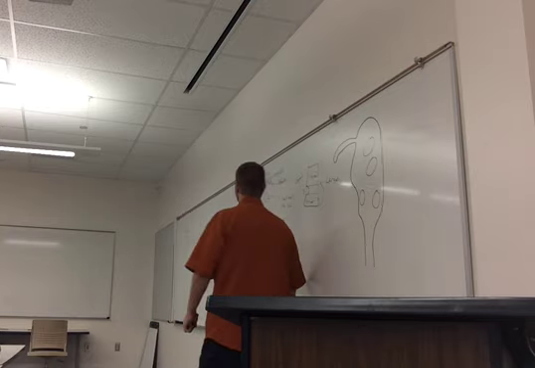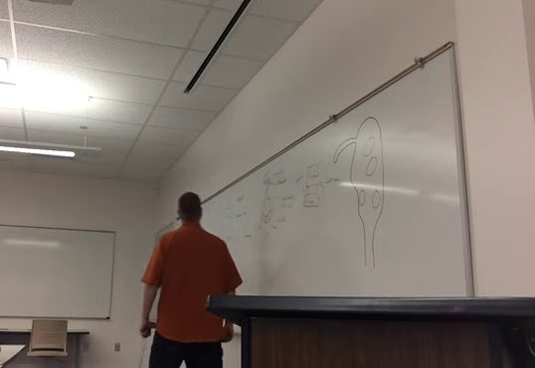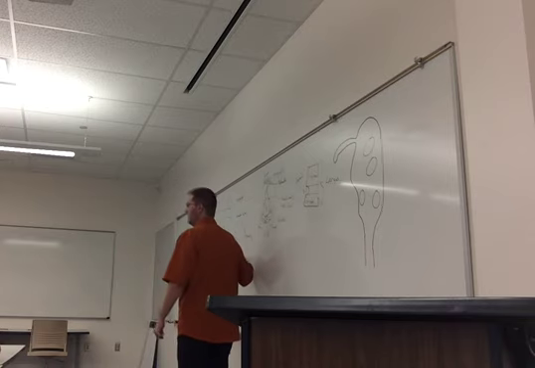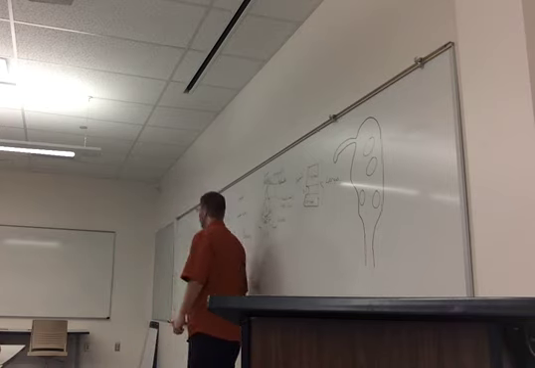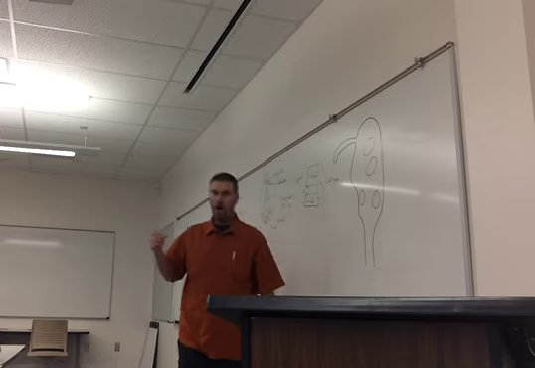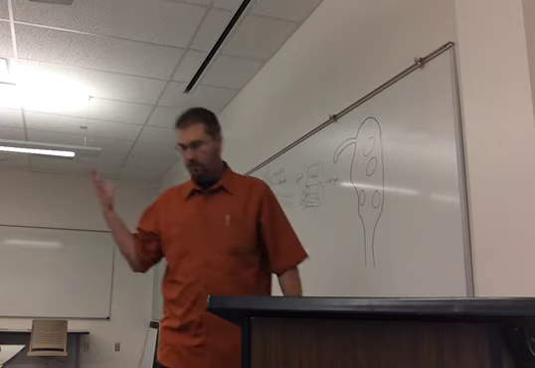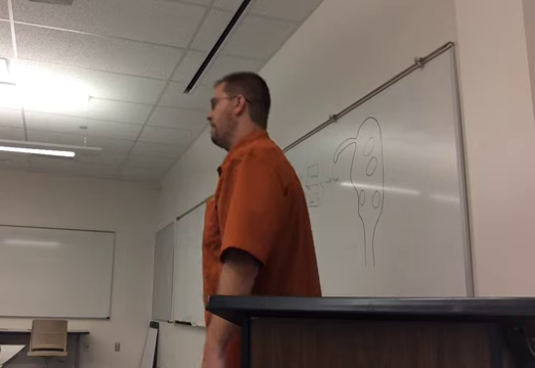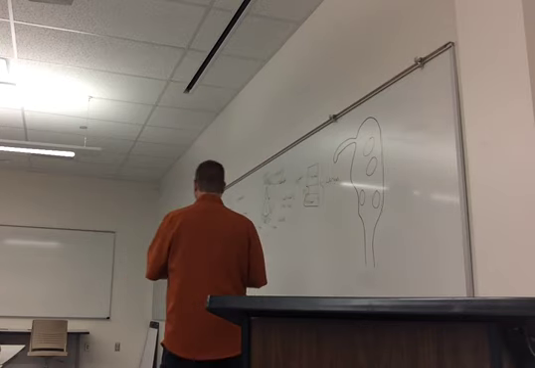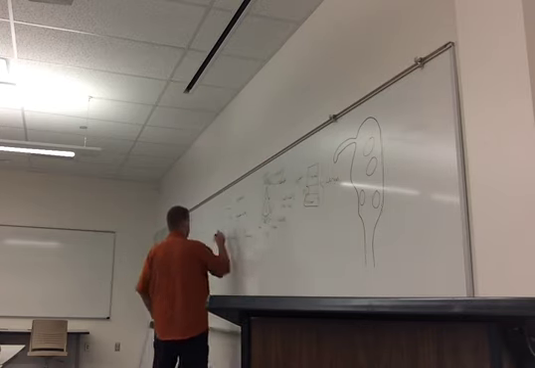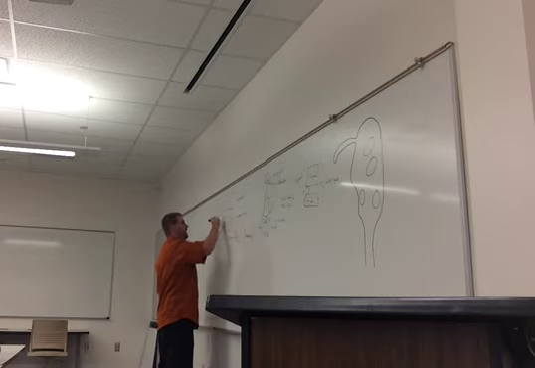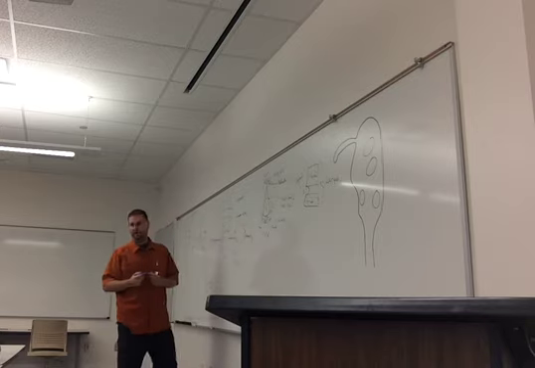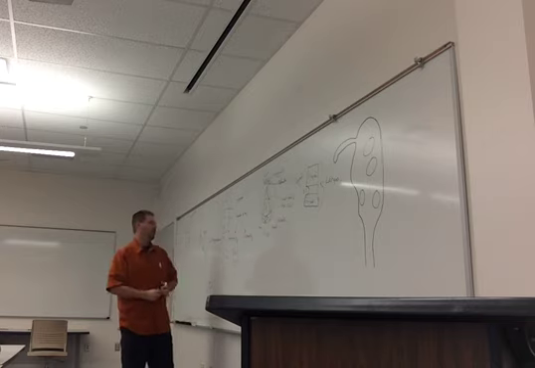So your primary structure, your foundation, are the type 1 alveolar pneumocytes, and the type 2 alveolar pneumocytes secrete surfactant. And then in the alveolus, you have immune cells,